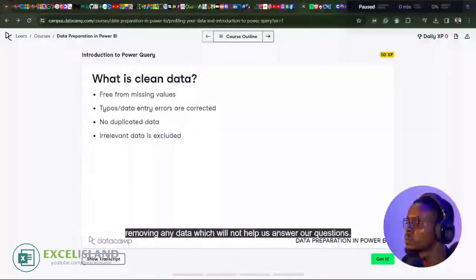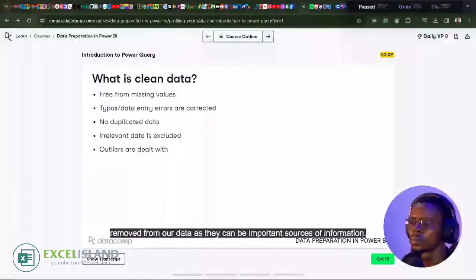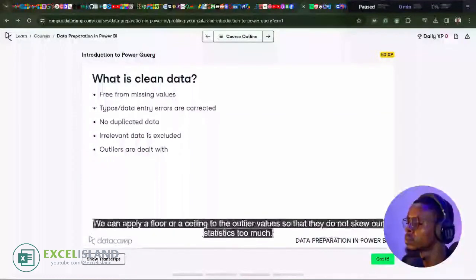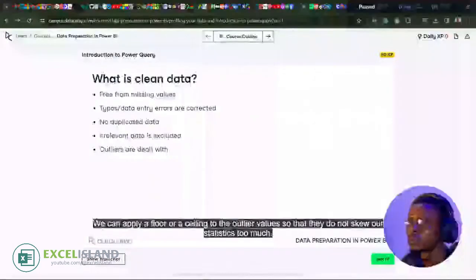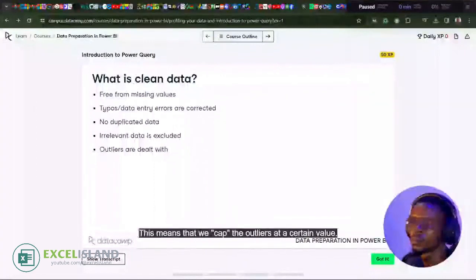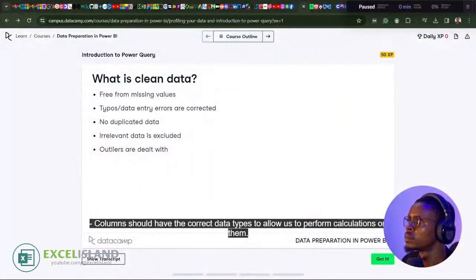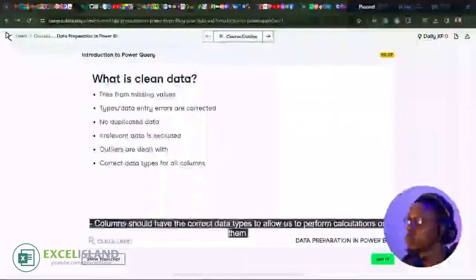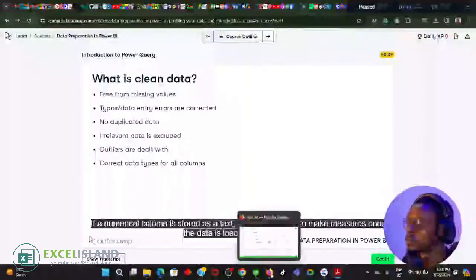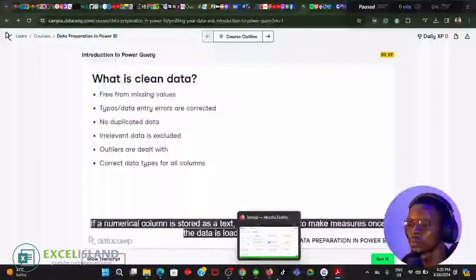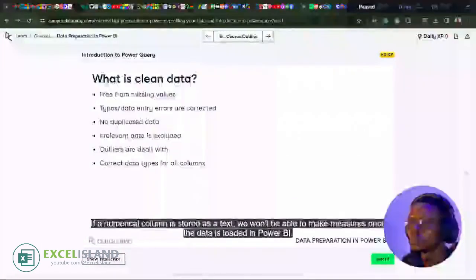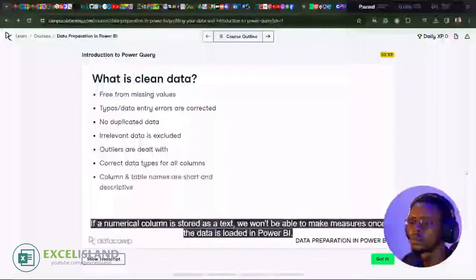Outliers should be treated with care, not necessarily removed from our data, as they can be important sources of information. We can apply a floor or a ceiling to the outlier values so that they don't skew our statistics too much. This means that we cap the outliers at a certain value. Columns should have the correct data type to allow us to perform calculations on them. If a numerical column is stored as text, we won't be able to make measures once the data is loaded in Power BI. And finally,